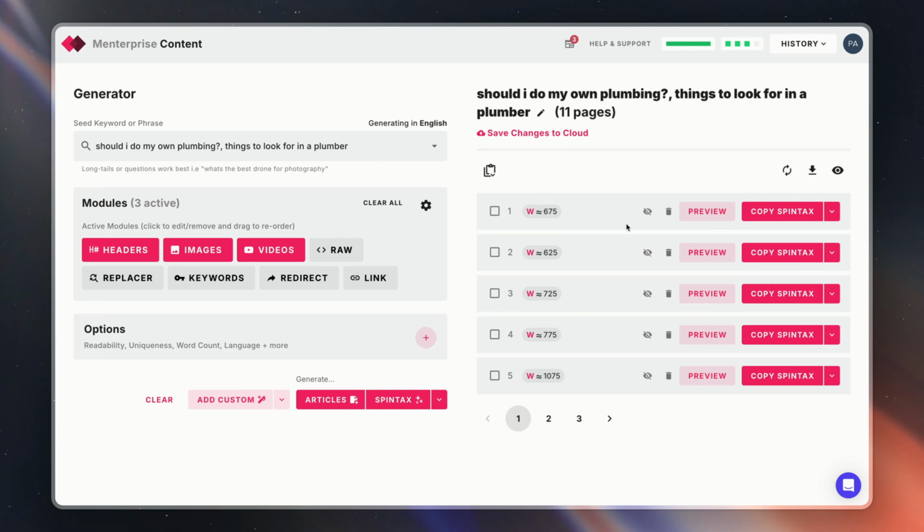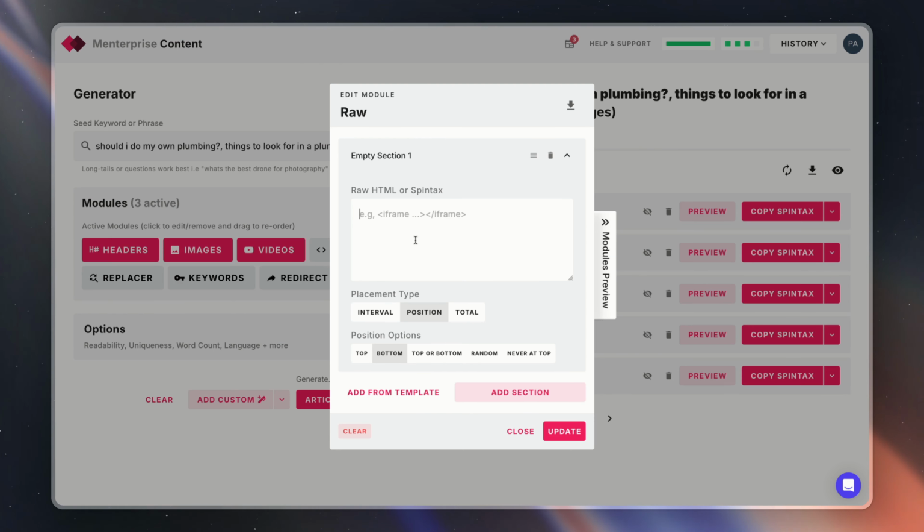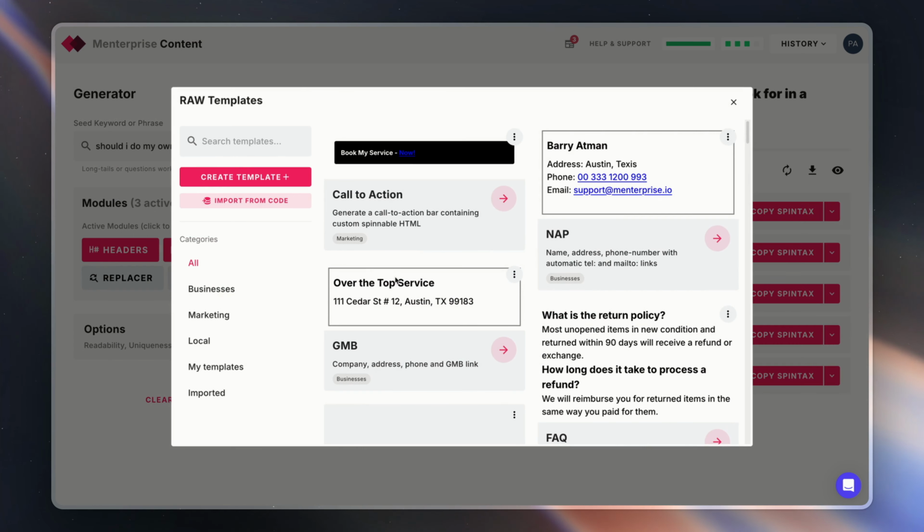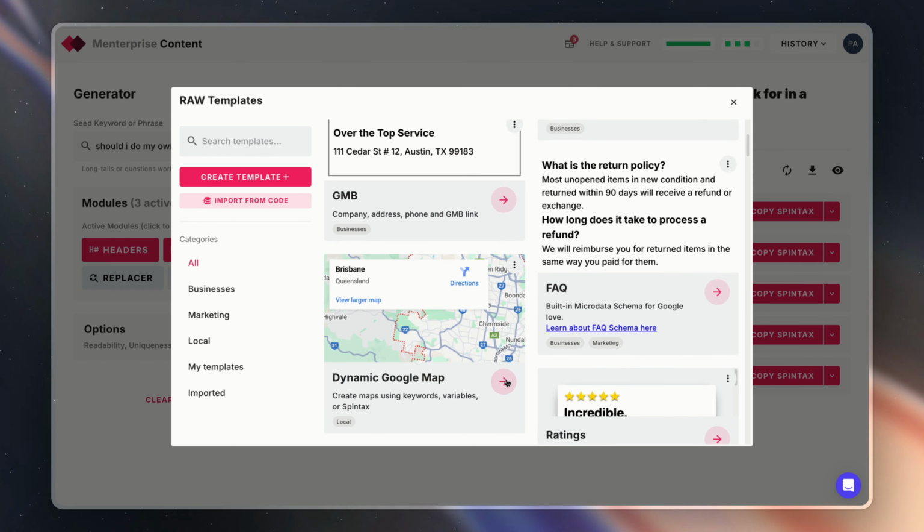So with that out of the way, now we can actually copy and paste our content over into publishing. Now, there's a bunch of different variables in publishing, so we're often going to be putting them in here. You sort of saw that with the headers where we put the double square bracket city, but there's many places you can do that. So for example, in the raw module, which is a module just to import any HTML, it also includes templates. So if we were to choose our Google Map template here,